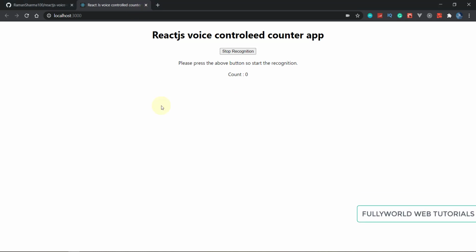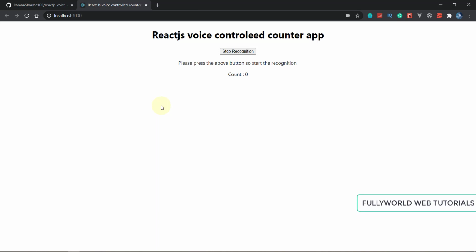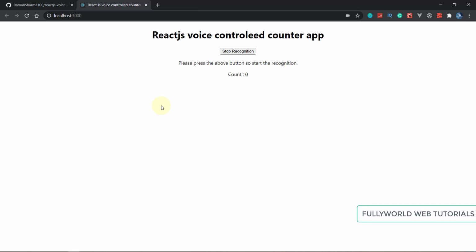So this is a little bit of confusion that we have to sort out. We have to set what to do on recognition start, on recognition result, and on recognition end. We have to manage these three things to make our counter fully voice controllable.